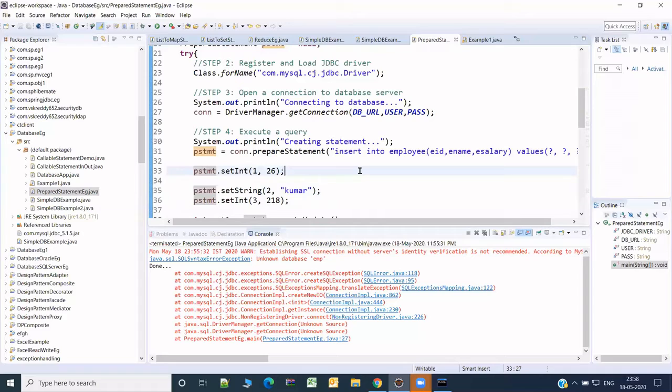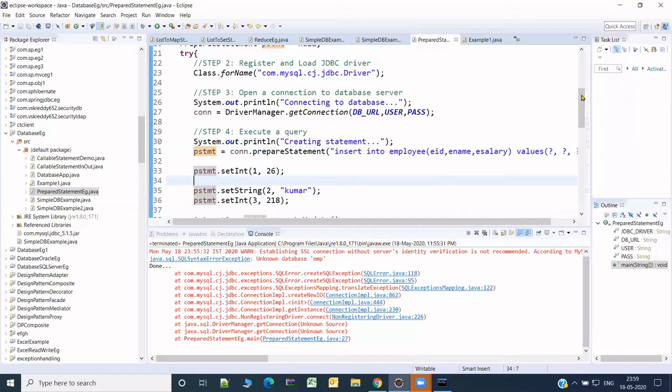So we are slightly better safeguarded using prepared statement. I suggest that you use prepared statement in your project instead of statement. But why we explored statement is to get the understanding and the basic nature of database interaction.